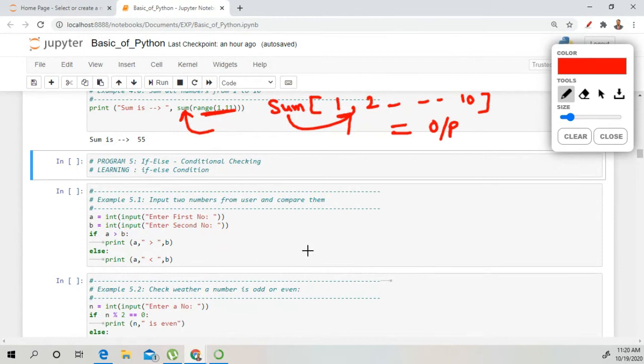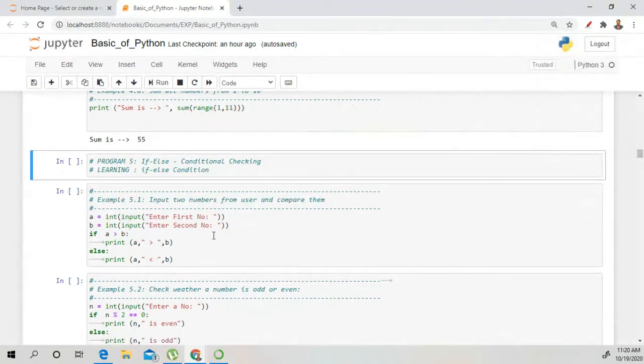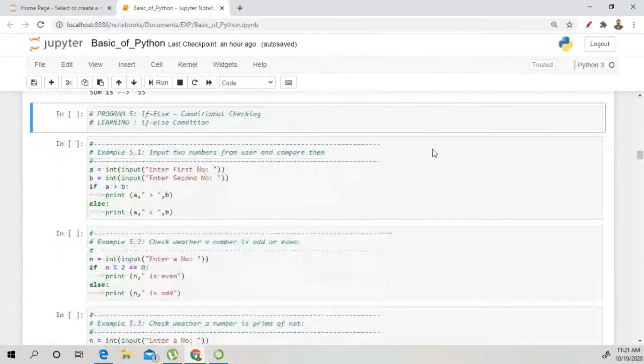Okay. Next we will discuss the if else condition. So where is this if else condition used in your programming concepts?